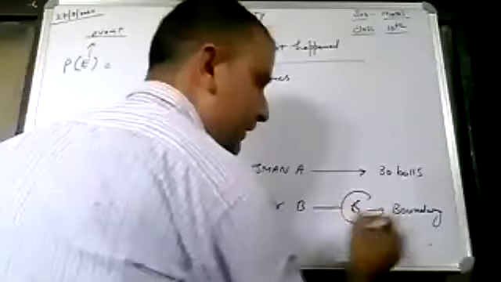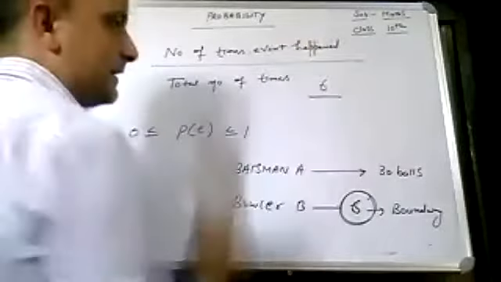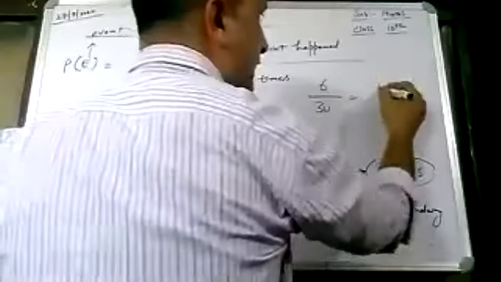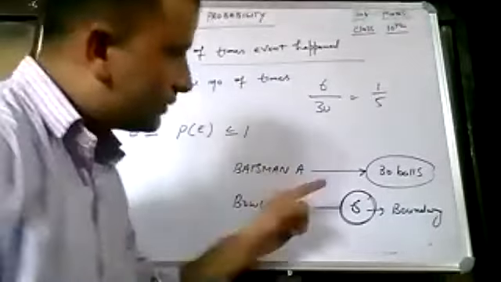How many times did he hit the boundary? 6 times. The number of times the event happened is 6, divided by the total number of times. How many balls has he faced? 30. So 6 by 30. The answer is 1 by 5. Okay. So class, if I twist the same question a little bit,